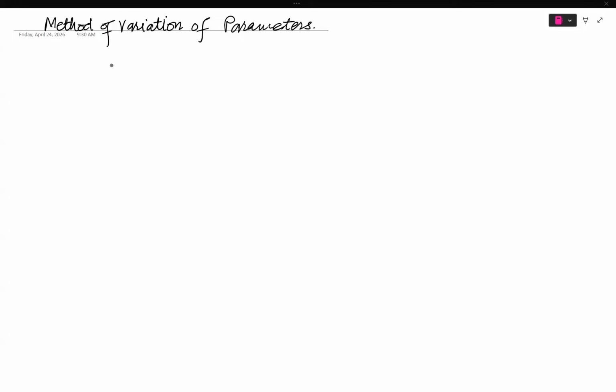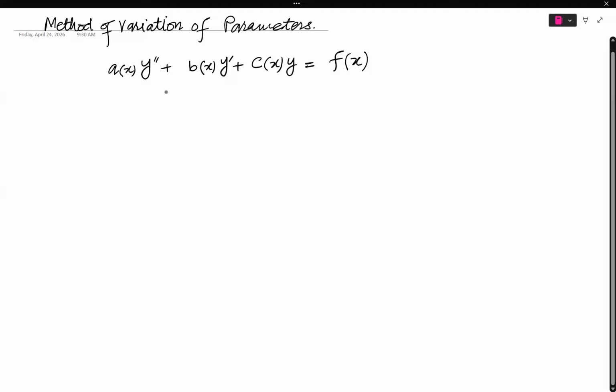If I write the structure for the second order, it is a of x y double prime plus b of x y prime plus c of x y, and it is equal to f of x. This is the linear second order non-homogeneous differential equation. For this differential equation, we can write the solution with its two solutions. One is going to be the homogeneous part, where we consider this f of x to be 0,